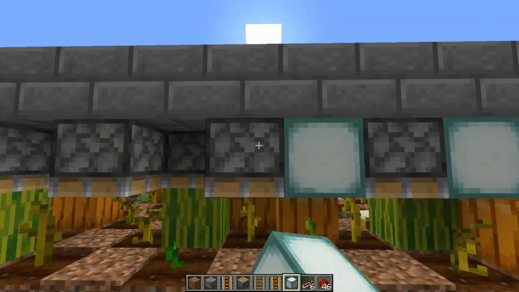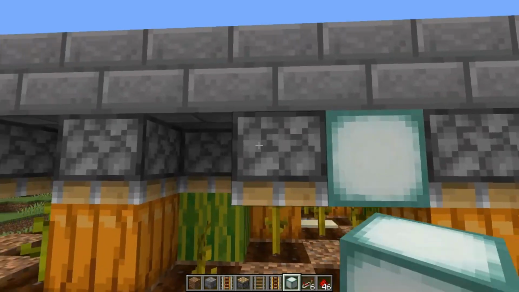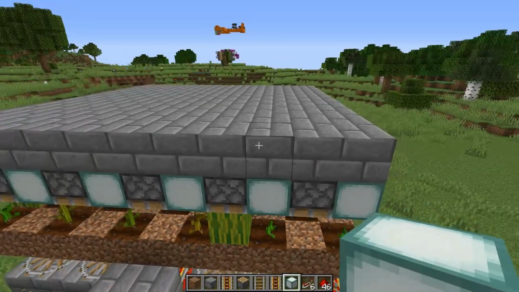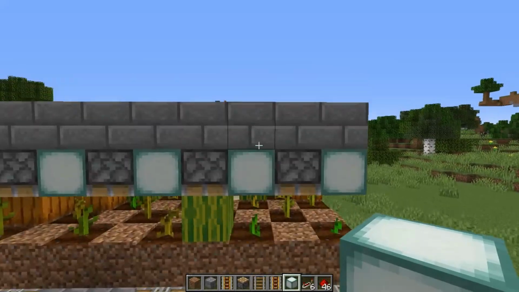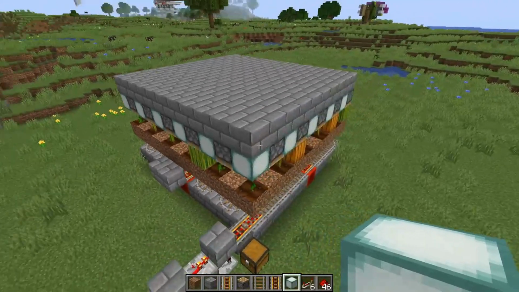So if we just add some light sources there, you can use any kind of light source really, like sea lanterns, glowstone, or even the new lanterns as well will probably work. So now we've got our light in, the only thing we need to do now is find a way of